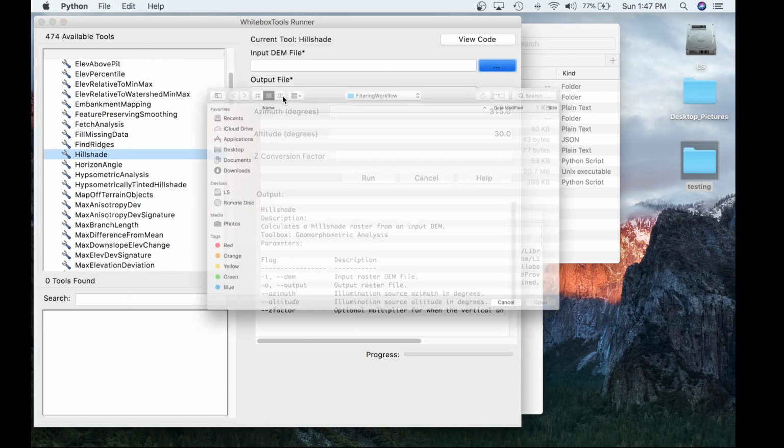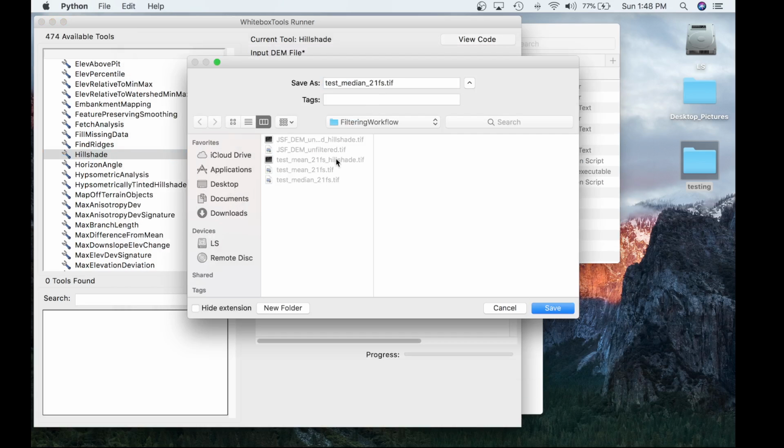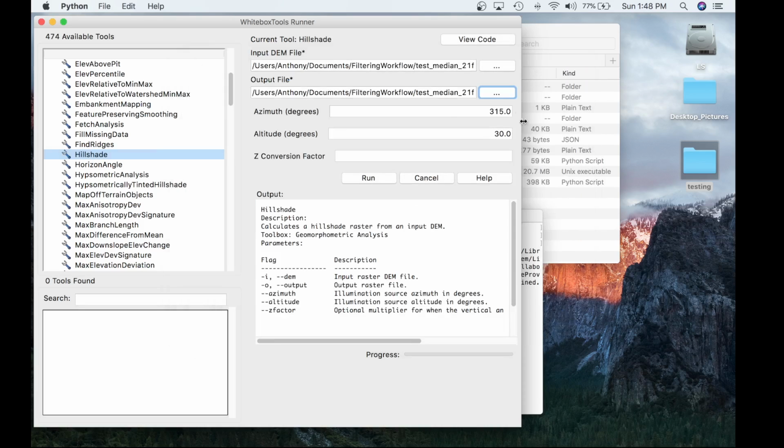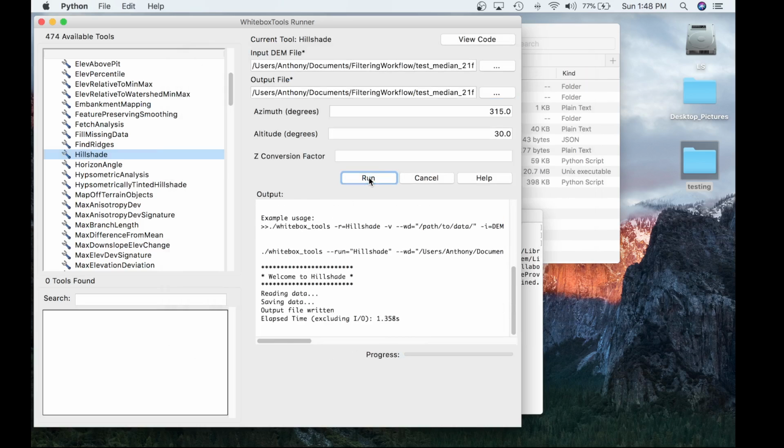We're just going to input the median DEM. We're just going to call it the same thing, test_median_21_hillshade. And we're just going to leave these parameters as default, and we're going to run it. So now that the median filter is complete, and we've created a hillshade for it, let's actually go create the